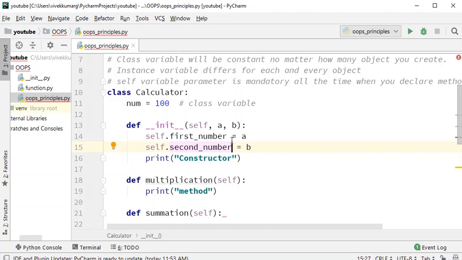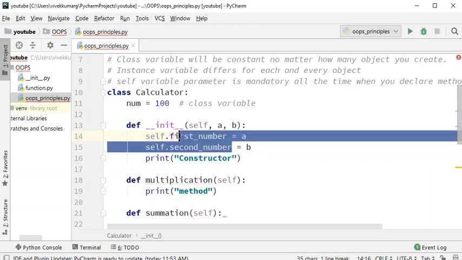Now, guys, understand, you have created two more variables inside your class, just like you created num. But these two variables, first number and second number, are instance variables, not class variables.